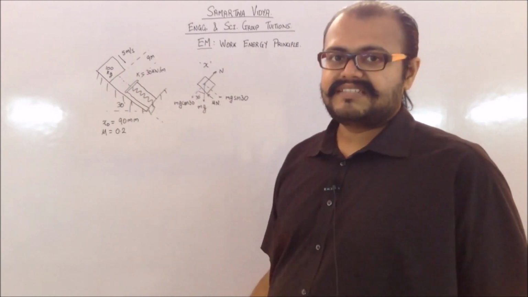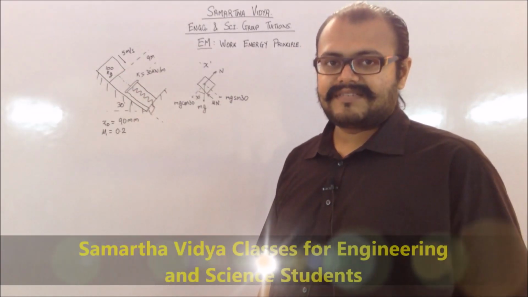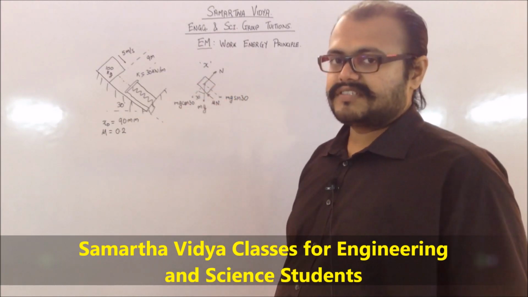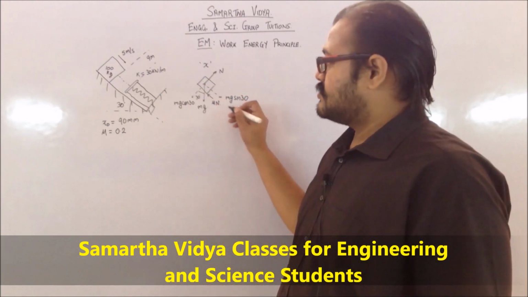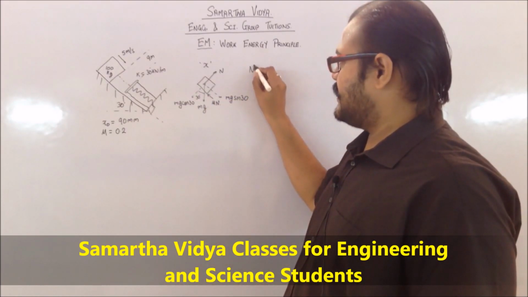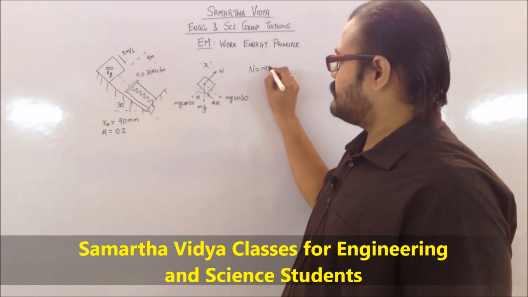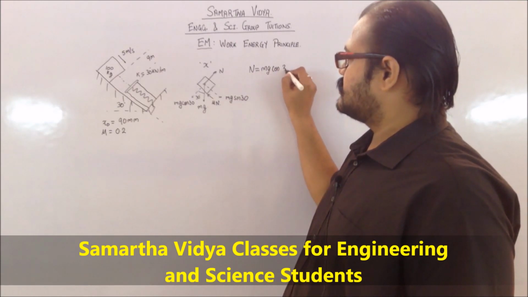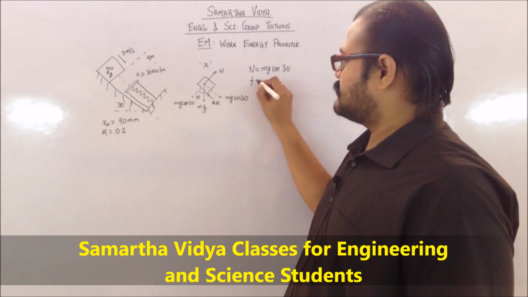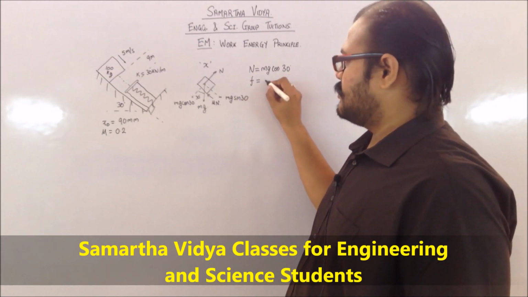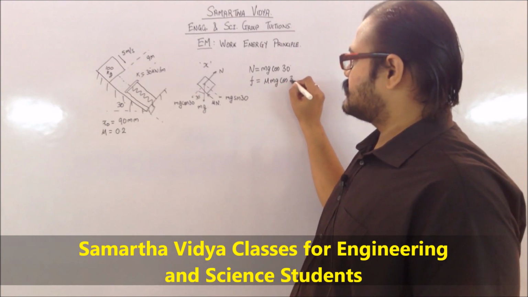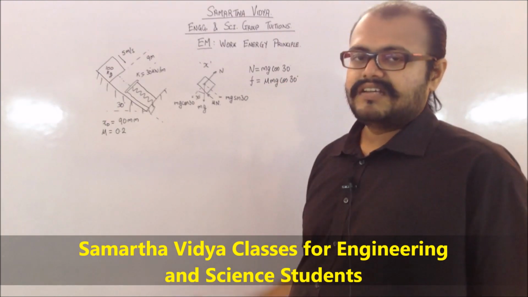After it is impinging, or when it is in contact with the spring, then in that case the spring will be pushing it outwards. So from this particular FBD we can see that the normal reaction N is equal to mg cos 30. So from that I will get my frictional force, which is mu into N, which is going to be mu mg cos 30.